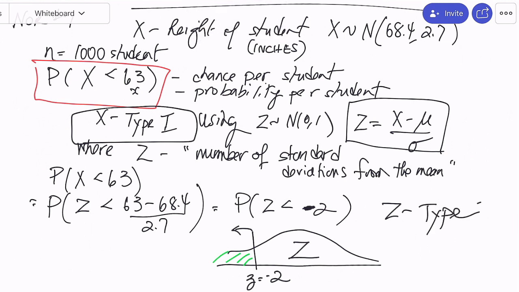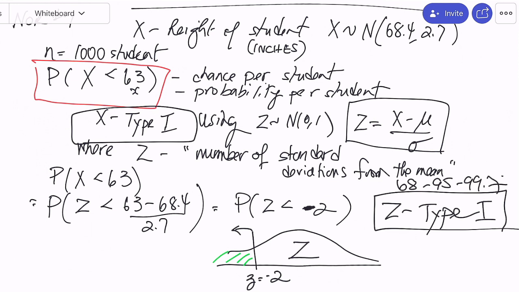That was the approach. Because solving this problem using the 68, 95, 99.7% rule actually would have been able to do it, because it ended up at -2. So we actually were 2 standard deviations below the mean. However, I'm starting to teach you not to use this, to start practicing with the z. Okay? So it doesn't have to be exactly 2 or 3 or 1 standard deviation away.